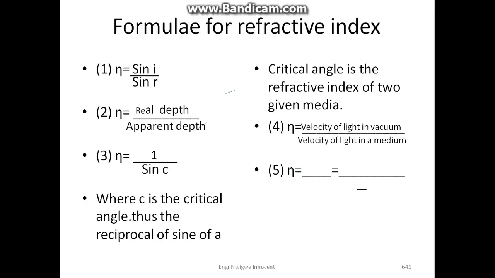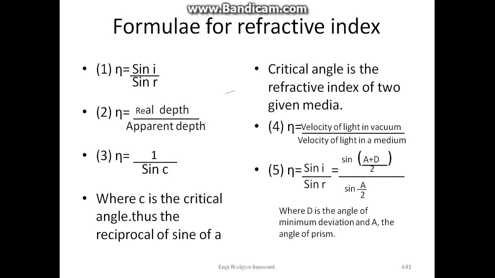5. Refractive index is equal to sin i over sin r, which is equal to sin in bracket (A plus D) all over 2, over sin A over 2, where D is the angle of minimum deviation,